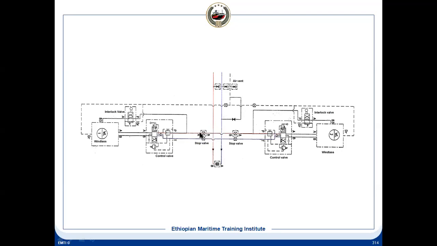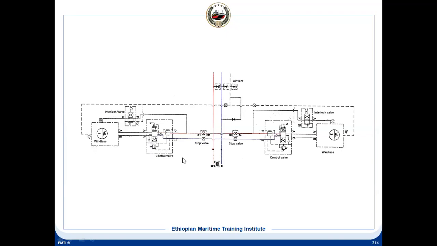So this is the pressure line which is coming here, and then it's coming to the control valve. And this line which is coming is the return line, which is going back, and there is a non-return valve here, and it is going back to the tank this way. This is coming from the power pack, and this is going to the power pack. So now what will happen? And there will be a relief valve in case the pressure is increased. The relief valve is connected to the return line, and this is the counterbalance valve.